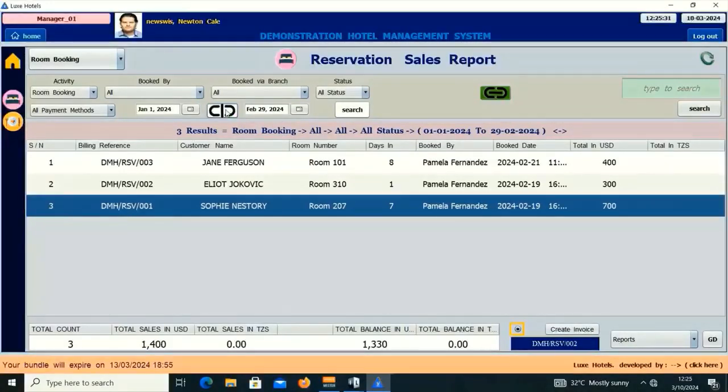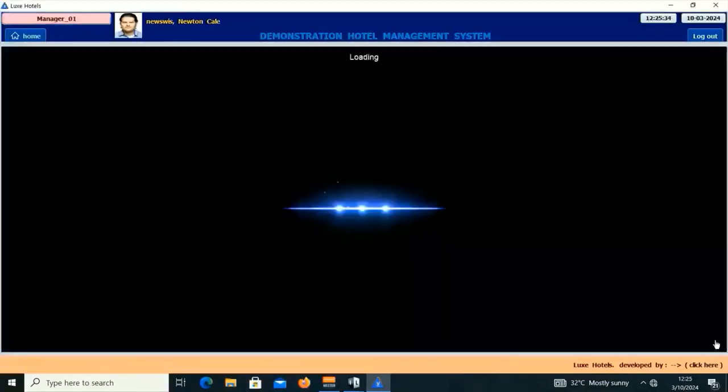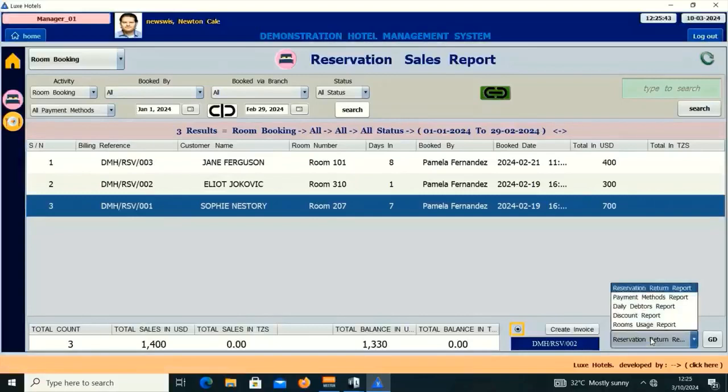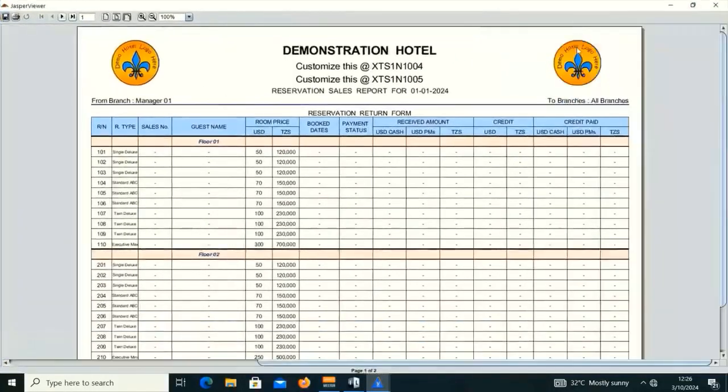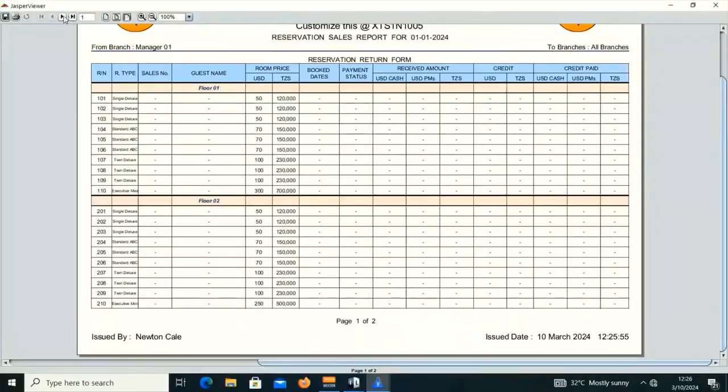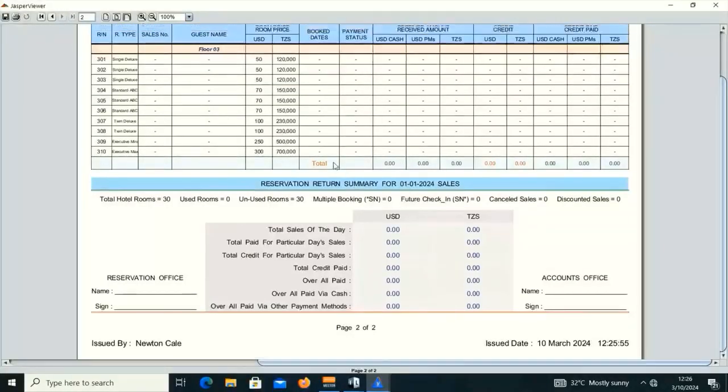2024. Now I'll link it and generate the data first, and the report will be downloading now. All these reports are the reservation reports that the managers may generate and view. I'll go and view this return report. They may view and make comparison with the reports that have been brought to them by the reservation staff. Now it doesn't have data right now, but